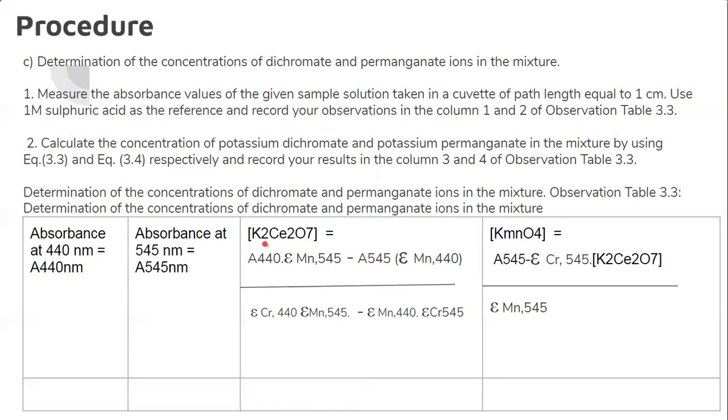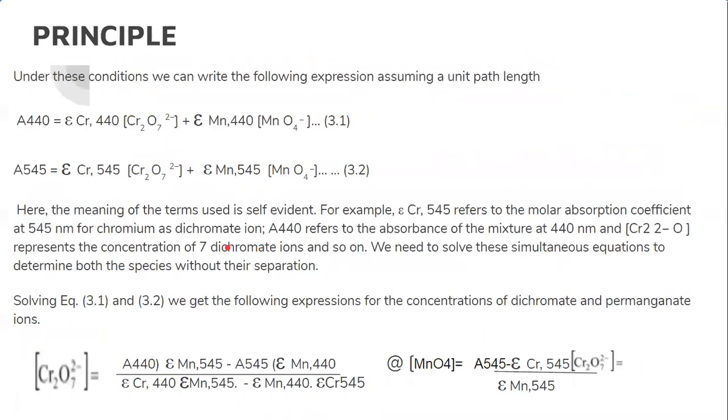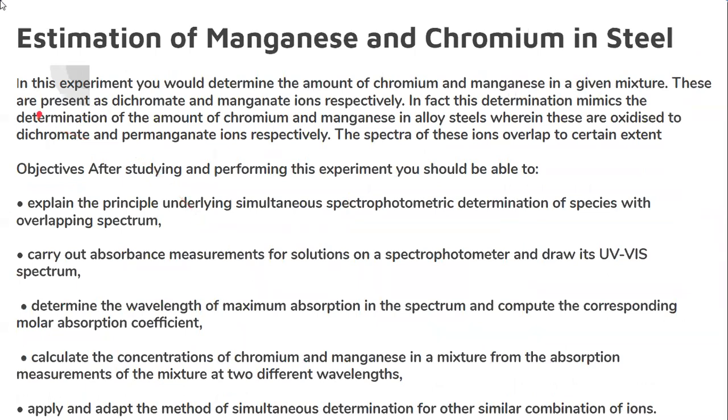So with the help of these values, by substituting in the molarity formula, molarity is equal to what? We know that M is equal to weight of solute by molecular weight of solute into 1000 by volume in milliliters. So in that formula we substitute, and thereby we can get the W value, that is weight of chromium and weight of manganese, and these weights are further converted into percentage. So this is one application of spectrophotometry. Generally we execute this for estimating the amount of manganese as well as chromium in steel.